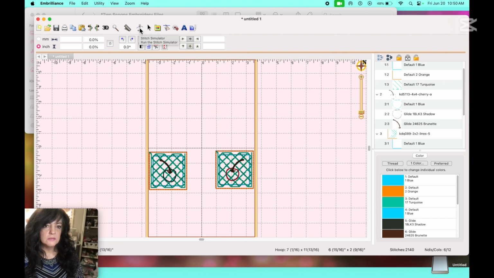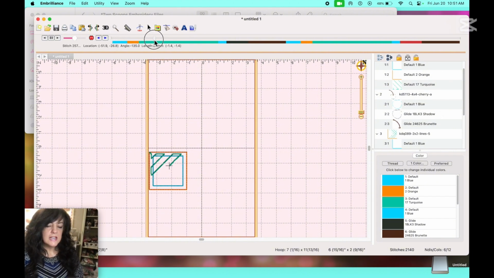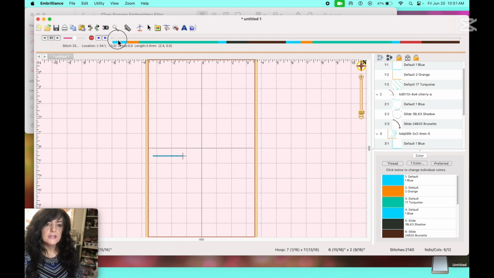However, if I come up to the stitch simulator, you can see that there are really two sets of colors. And so if I were to run this as it stands now, it's going to do that whole first block start to finish. Then it's going to start the second and do the second start to finish, which is fine. But because I'm in software, I am going to do what's called color sorting, and that will merge some of these steps together so that, for example, when I am doing my placement for the batting, I want it to do both at the same time. When I do the tack down of the fabric, I want it to do both blocks at the same time,